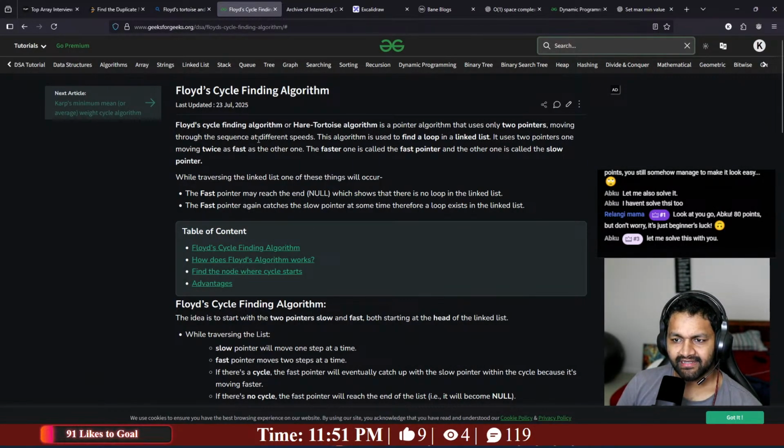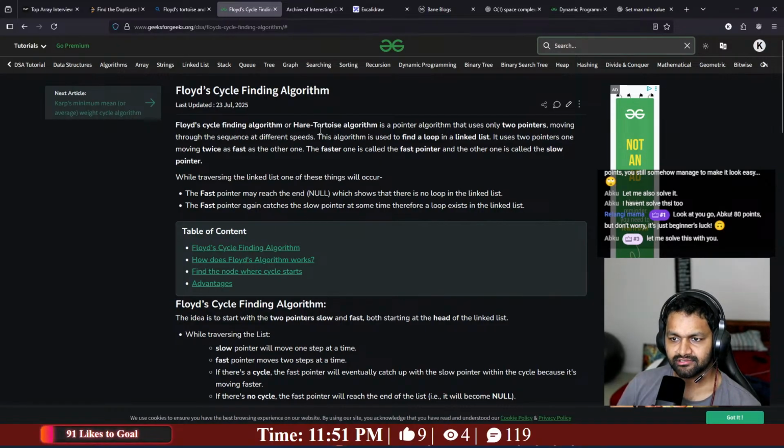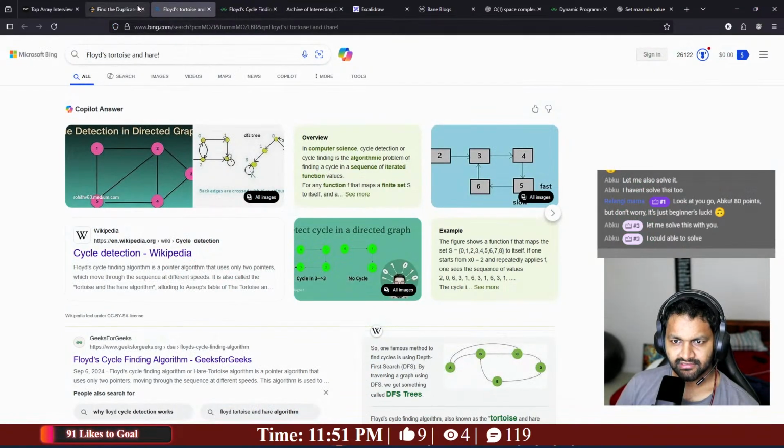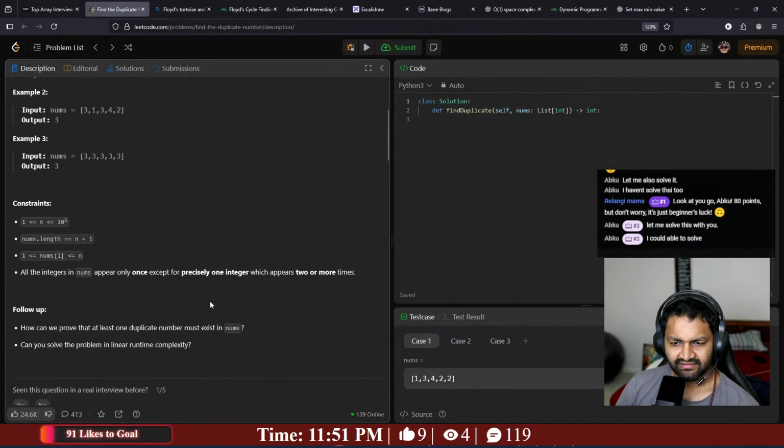Floyd cycle finding algorithm, or hare-tortoise algorithm, is a pointer algorithm that uses only 2 pointers moving through the sequence at a different speed. This algorithm is used to find a loop in a linked list. It uses 2 pointers, one moving twice as far. I could solve it using these constraints